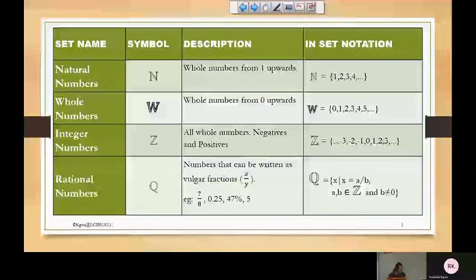And then we have rational numbers. Rational numbers are similar to integers, but the difference now is that the denominator can take any value, whether it's 1 or any other value. Let us look at the set notation there. First of all, before we proceed, N, the natural numbers, is a set